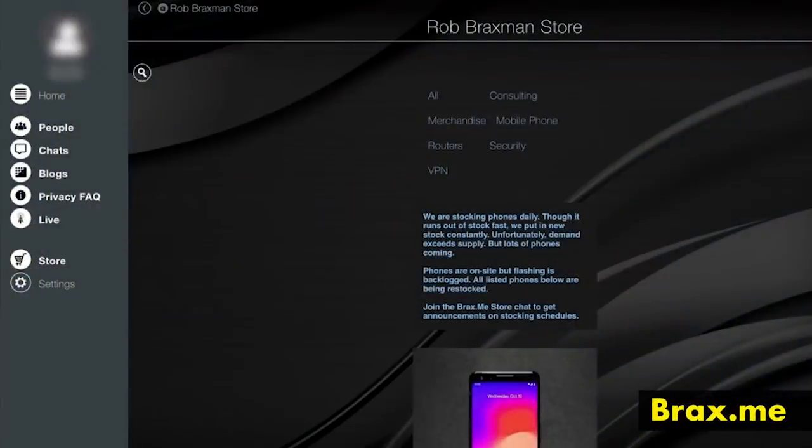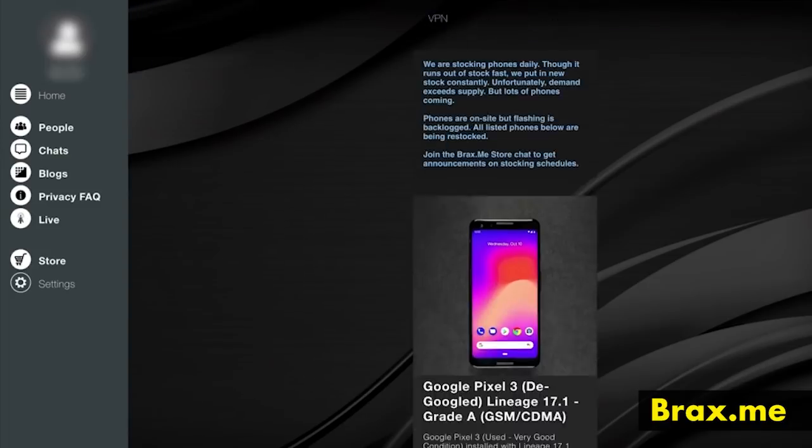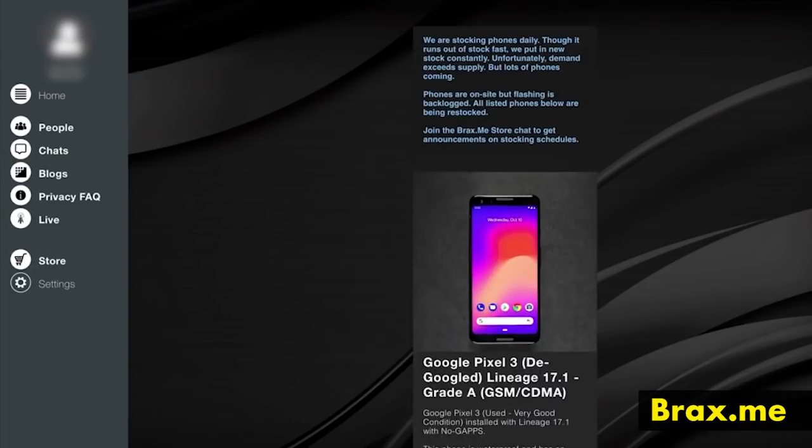So in order to save that, because I know it's difficult, I offer the service, and we de-Google phones ourselves, and we find out which phones are difficult to de-Google and which ones we can offer. And so nowadays we sell those on my app on Braxme. So if you go to Braxme, sign in, you can actually see it on the store in there.